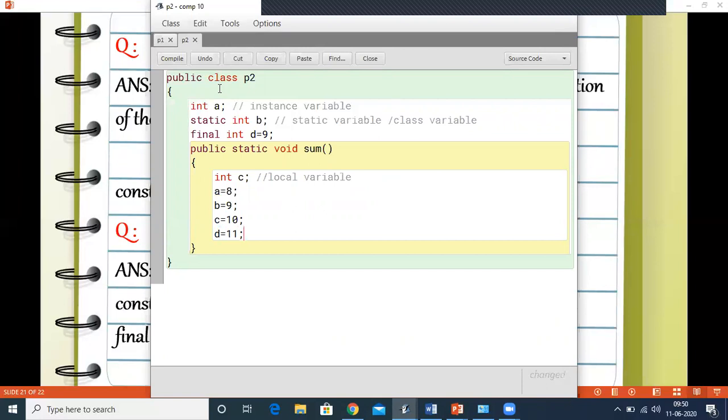Let's say initially we have a as 1, b as 2, and c as 3. Now you can see I have initialized my instance variable, my static variable, my local variable, and d is my final variable. So now I'll compile it.